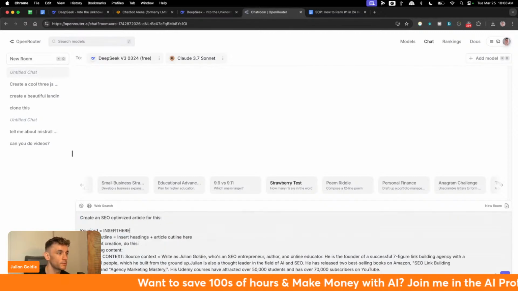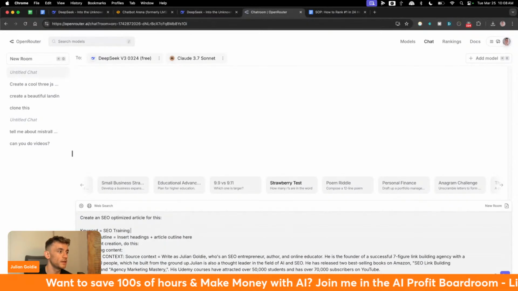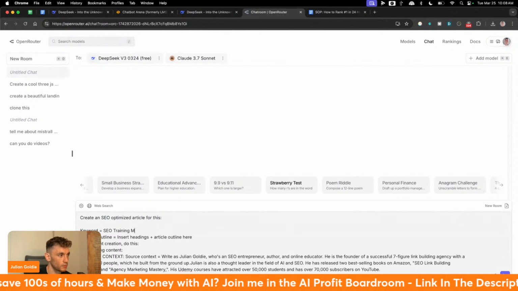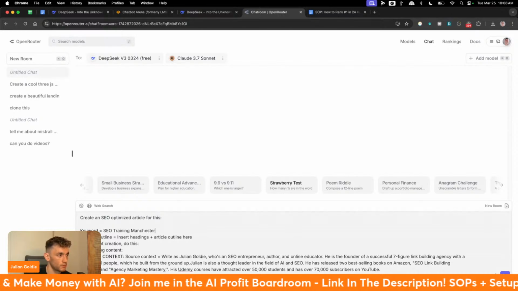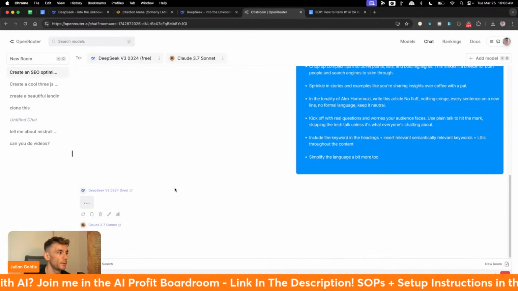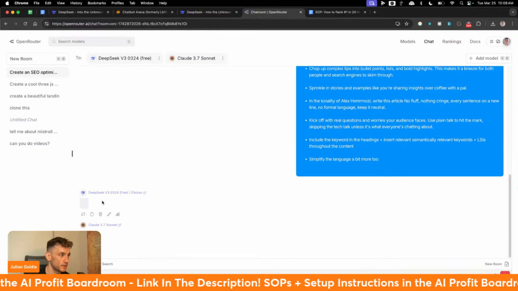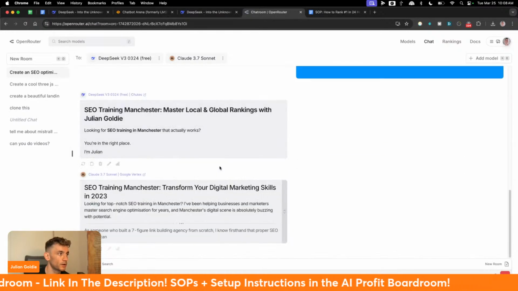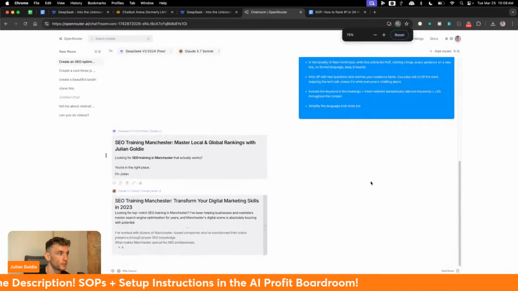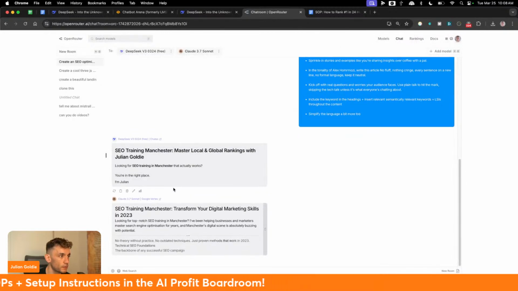So I'm going to say create an SEO optimized article for this. We'll put in the keyword. And then we'll plug this into both, right? So you can see DeepSeek working its magic here and Claude 3.7 working its magic as well. Now, if we actually compare these side by side,